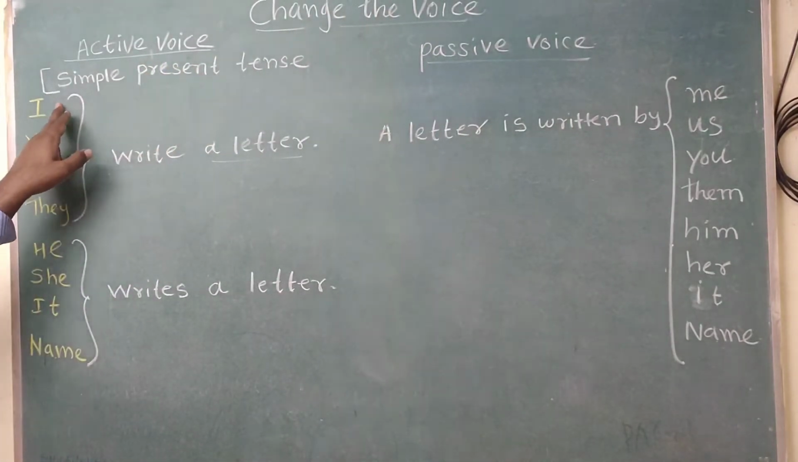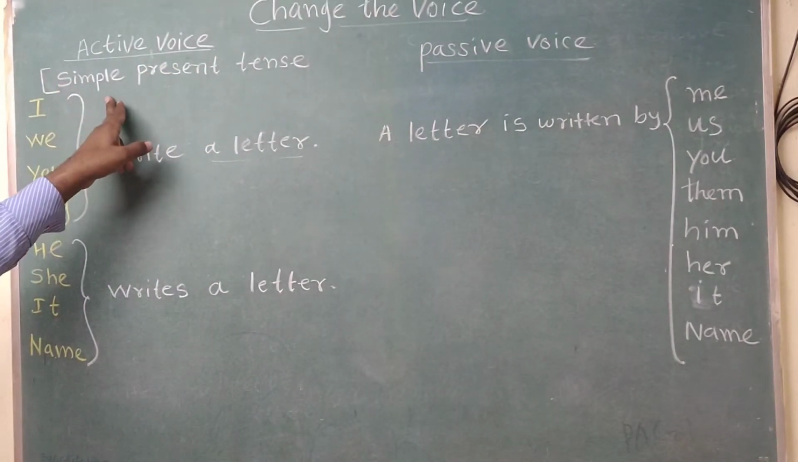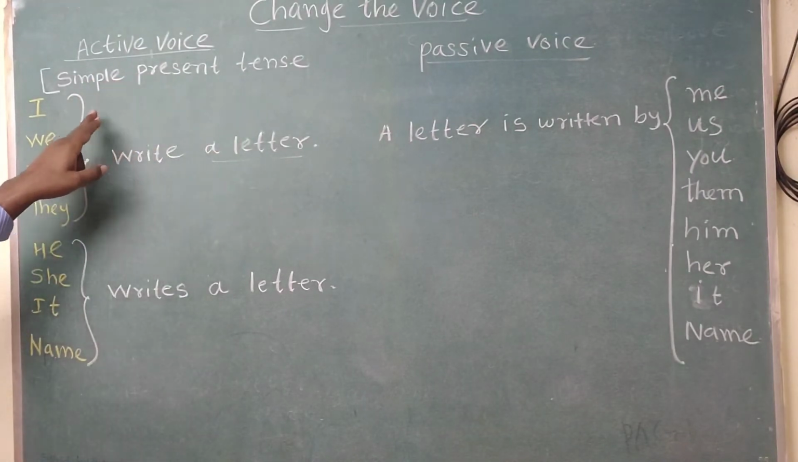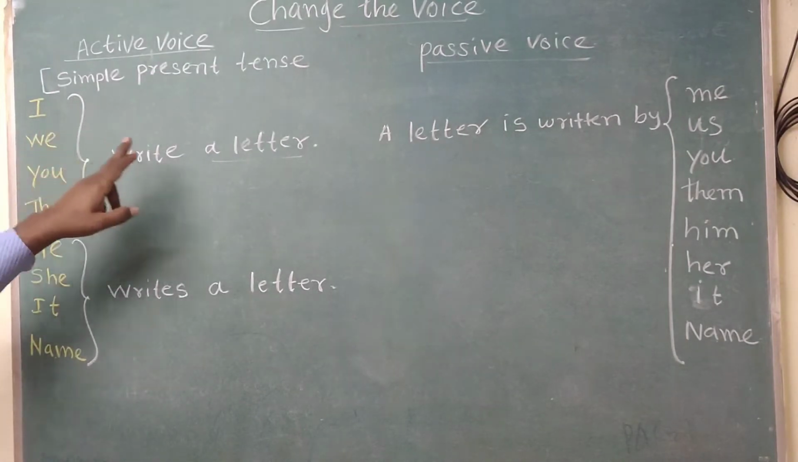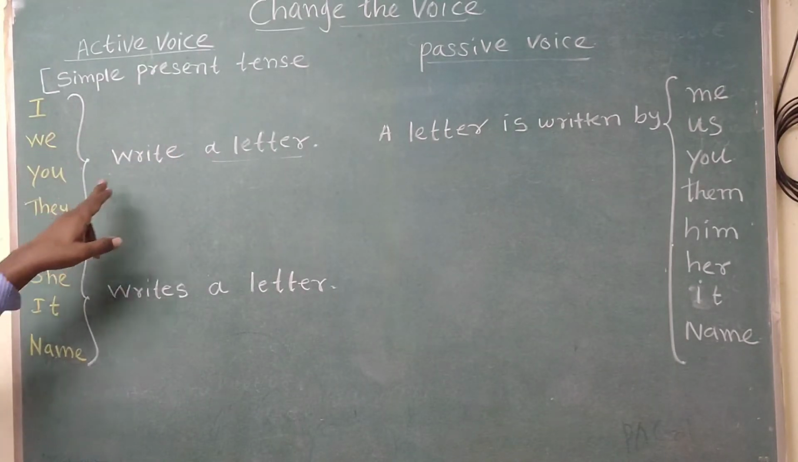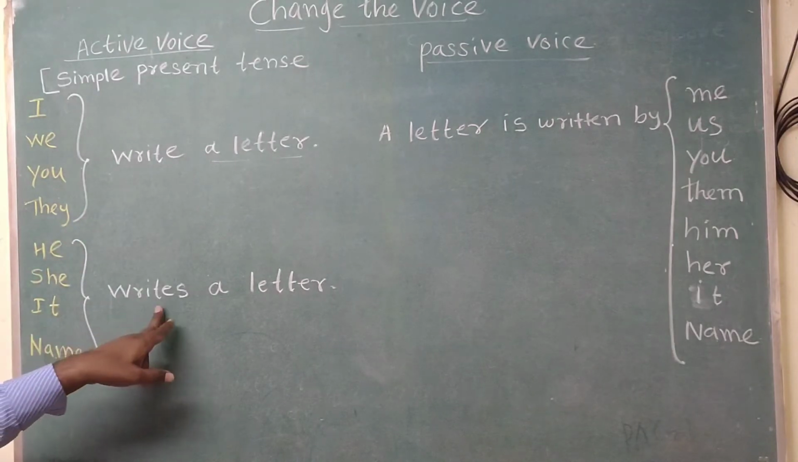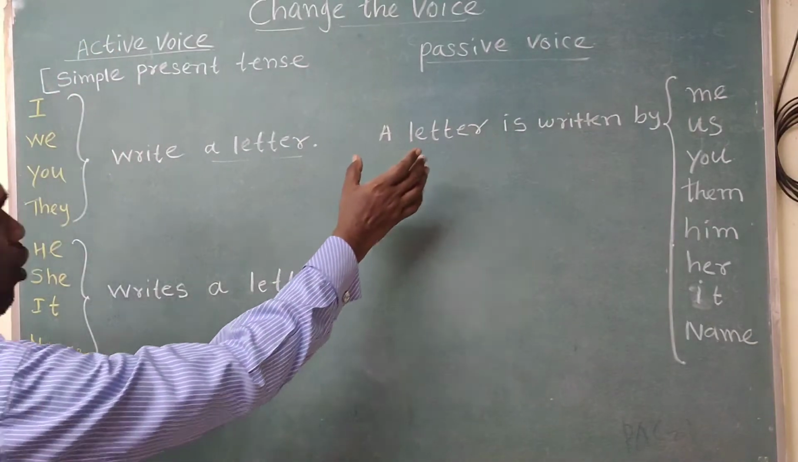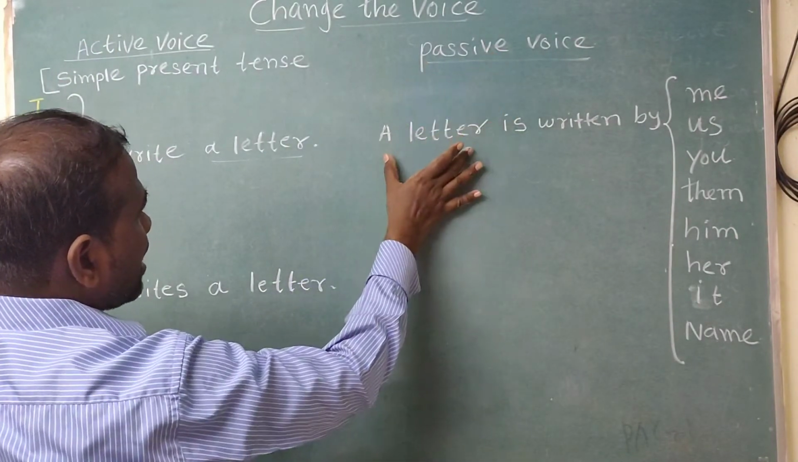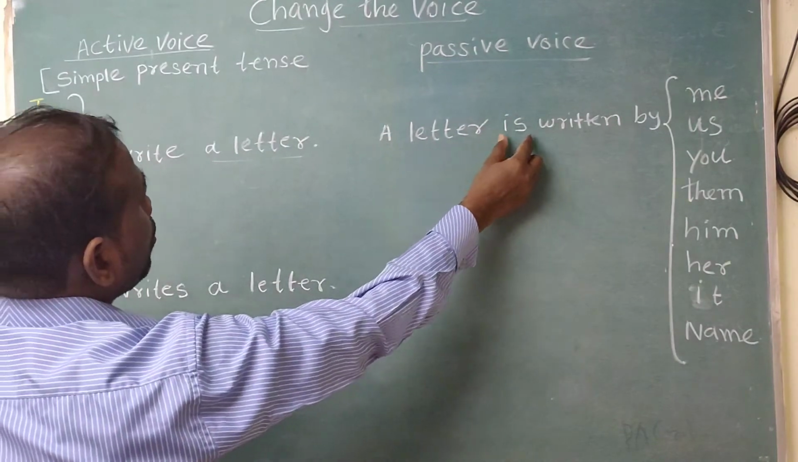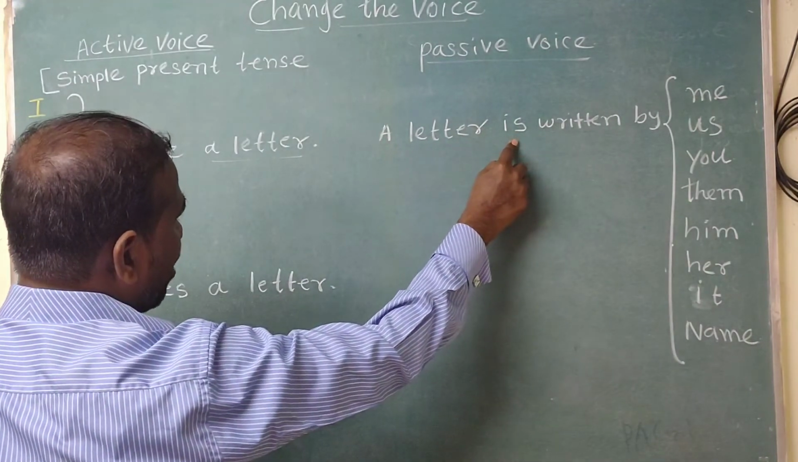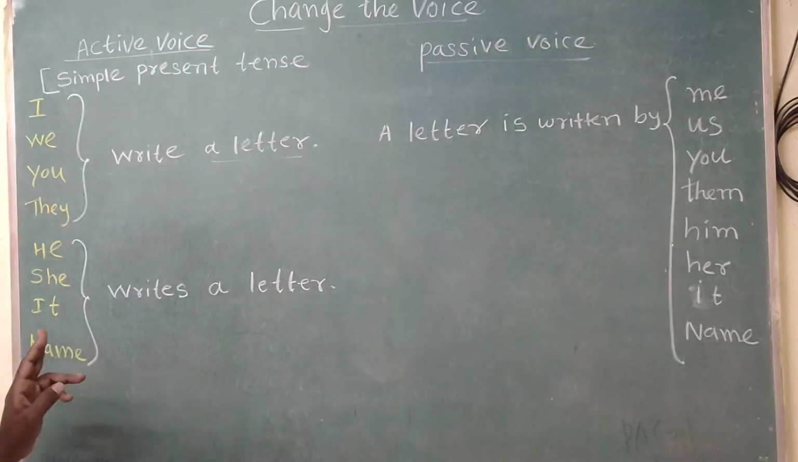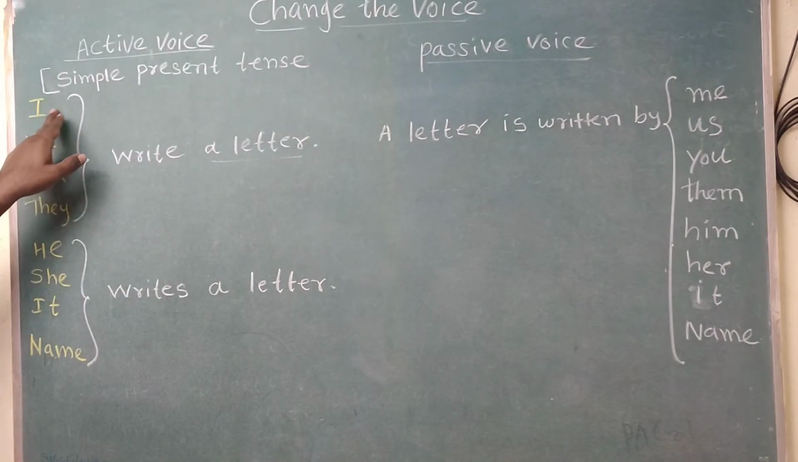Now in this video we have seen how the active voice gets converted into passive voice. The very first, we take a sentence. Here we have taken a sentence from simple present tense. That's why we have written the sentences like this: I write a letter, we write a letter, you write a letter, they write a letter, and he, she, it, name writes a letter. Whenever simple present tense is there in active voice, we have to start with the object in passive voice. Always take the object first. Then we have to take is or are as the helping verb. Then the third form of verb. Then we have to use by. And after by, we have to use the subject in